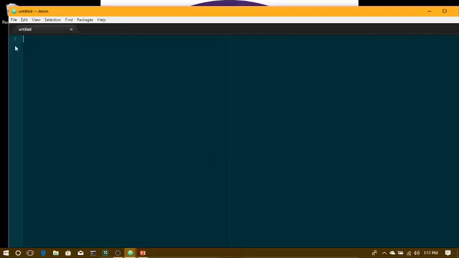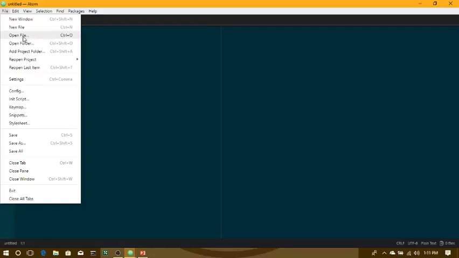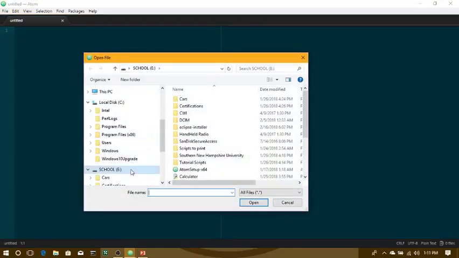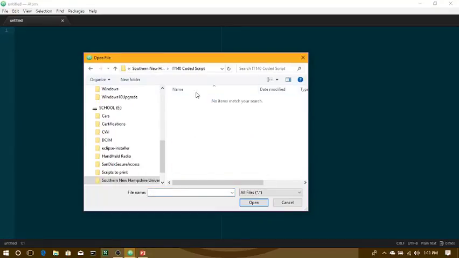Okay, now I opened up a new file that I'm going to turn into a .py file. However, if you have a previous Python file, you can open one. And because I have scripts on here,